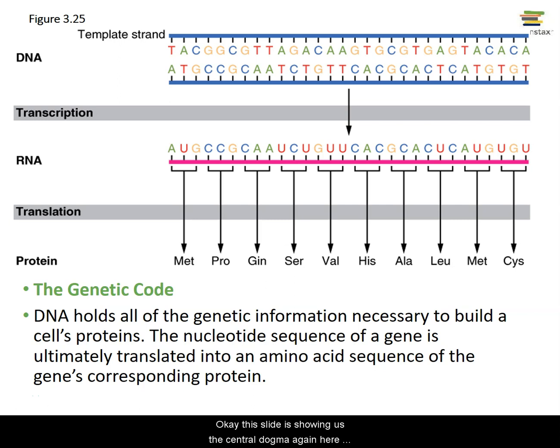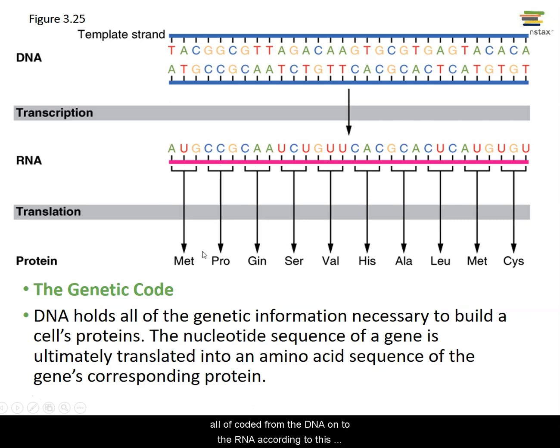Okay, this slide is showing us the central dogma again. Here we have DNA, that double-stranded template strand of genetic information. And through transcription, we can build an RNA molecule. In the nucleus, this DNA unzips, a complementary strand of RNA is built within the nucleus. It leaves the nucleus and goes out and attaches to a ribosome. And translation happens, and amino acids are brought in according to this sequence, all coded from the DNA